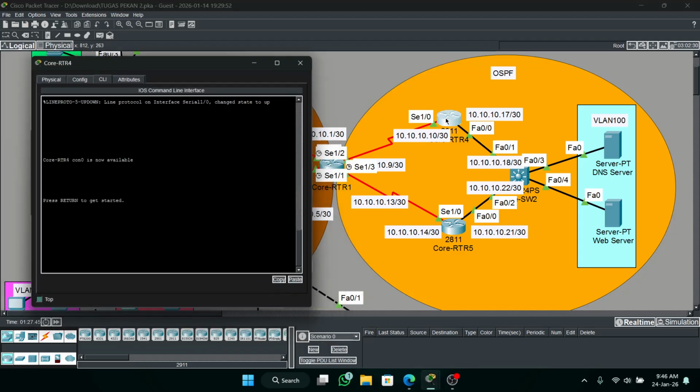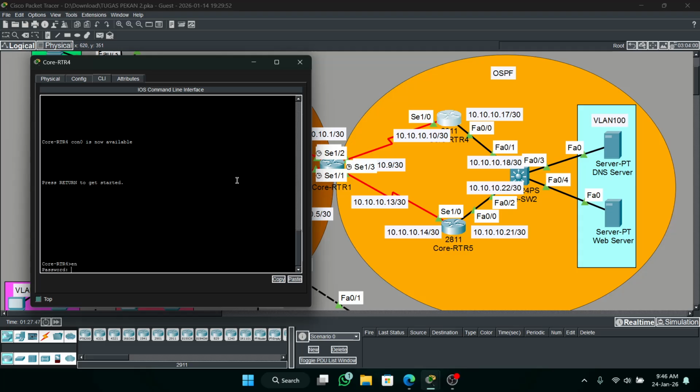Next is in other routers. Hello, configure terminal. No, Cisco. Configure terminal.